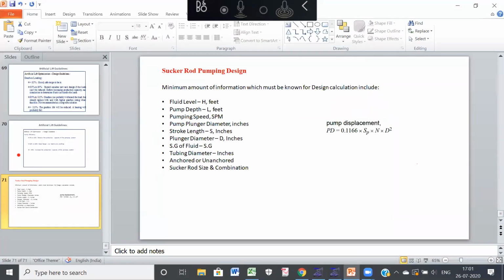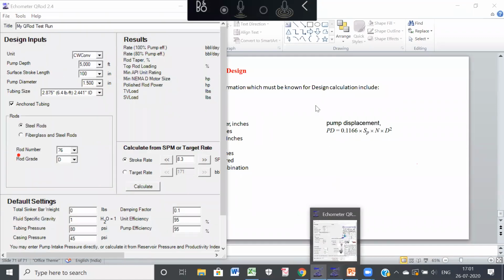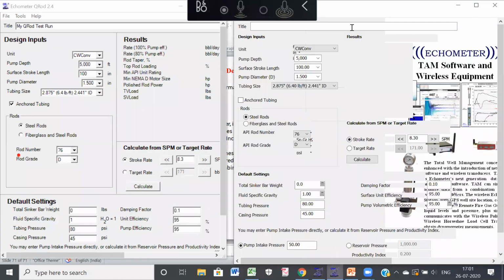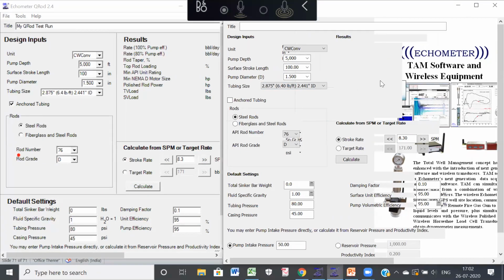And now we will quickly look at the software that I was asking you to download. But the problem here is that I am not able to get a proper display in the software, maybe because of a compatibility problem. This software will usually run better in Windows 8 than Windows 10. This is the older version, so I will be checking this with both